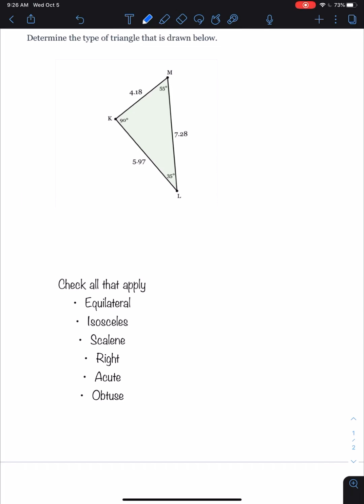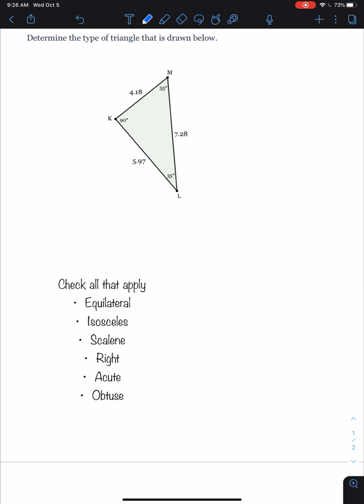Determine the type of triangle that is drawn below. Check all that apply. So, looking at this triangle, I'm looking to see information about congruence and information about measurement of angles. So we'll see here that the first thing that's really standing out to me is that this